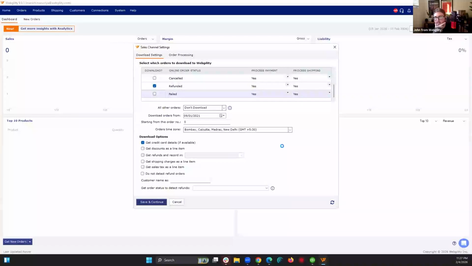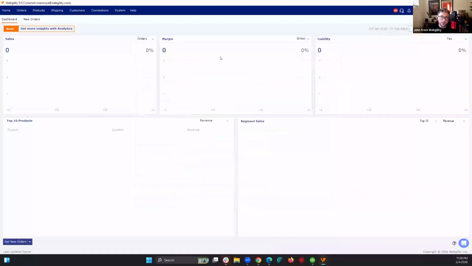And yeah, Webgility might not recognize fulfilled as a default order status. It really depends on the sales channel. So I would check here and see what pulls in by default. And then if you want to customize the process payment, process shipping, like is it marked as the payment processed? Is the order fulfilled? You can customize that in Webgility to make sure that we understand what you're looking at for order